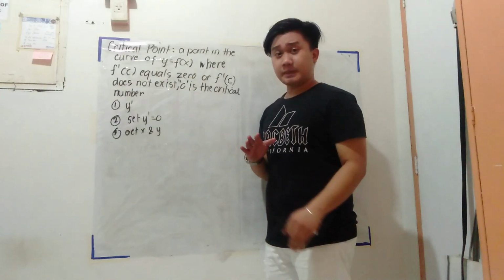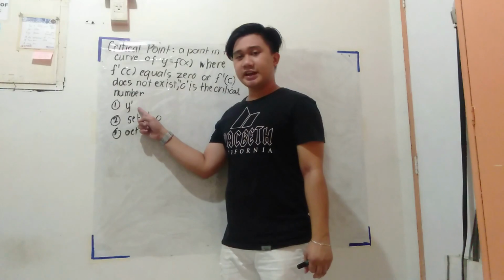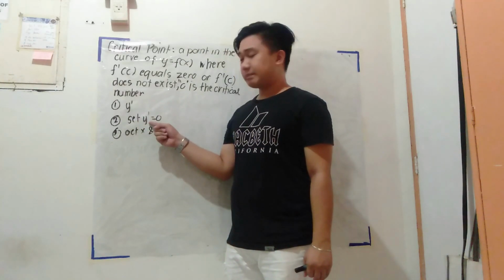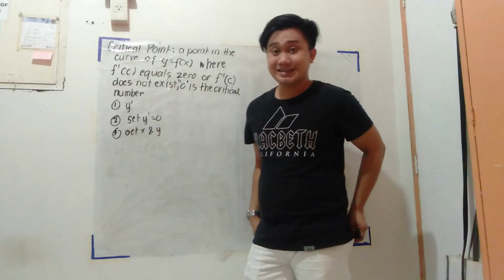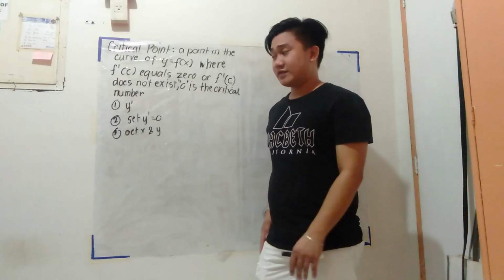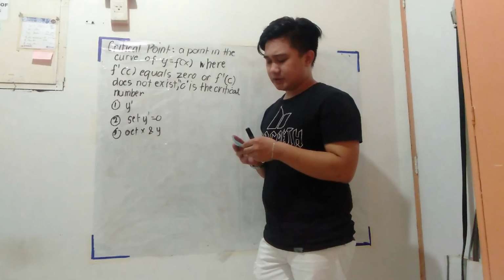So ano ba yung step sa pagkuha ng critical points? First, you need to get the first derivative or y prime. Second step, you set y prime to 0. And third step, you get the values of x and y. And for you to understand it more, let us have an example. So, our first example is